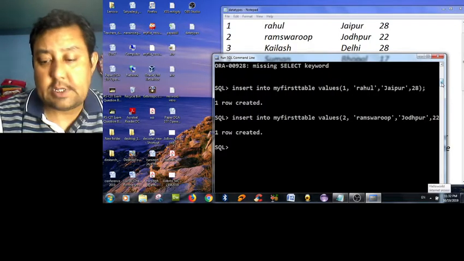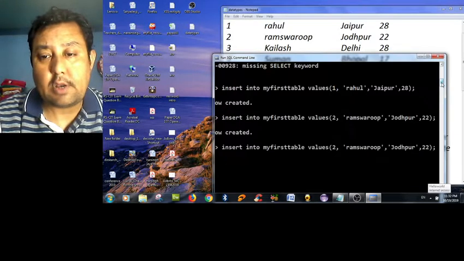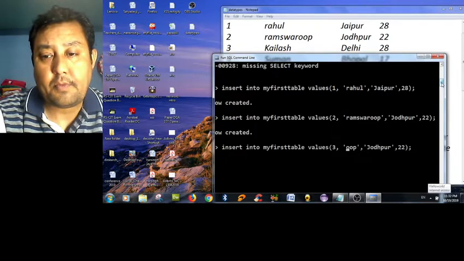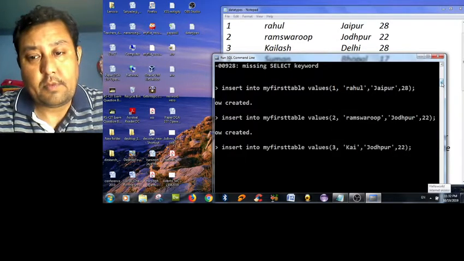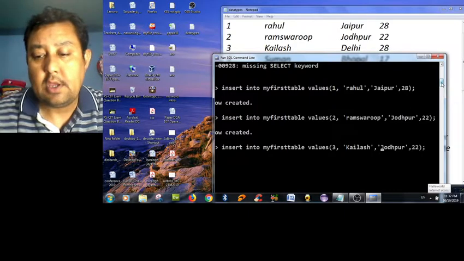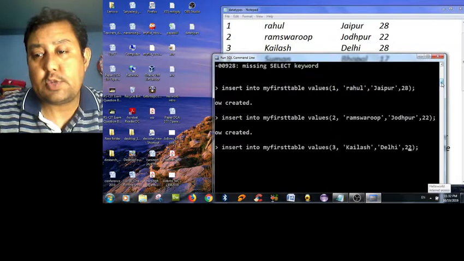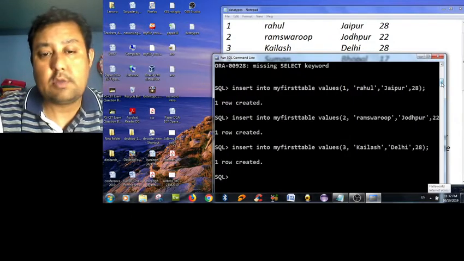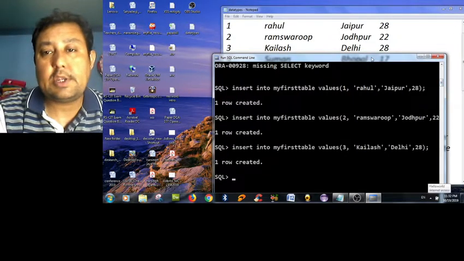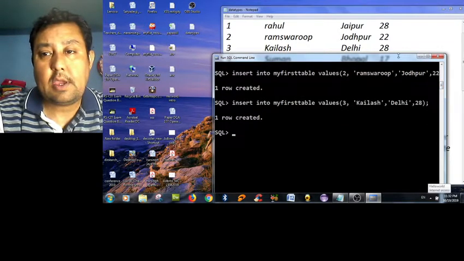So now that record is also inserted. Now I'm moving to the third record, that is 3 Kailas. Okay, now the city is Delhi, and age is 28. So now this record is also created, and the next record is